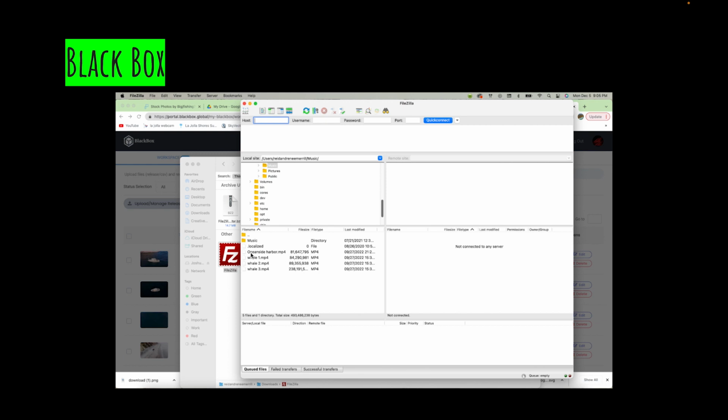You're going to use a third-party app called FileZilla. You would copy and paste your host, which is on the site here. And then your login for this page, you would also copy and paste up here. After that, if you had files over here, let's say 10 videos, it would be a drag and drop. So you just drag over, it might take a minute or two to download. After that, it'll show successful transfers, and then you can move on to your workspace.